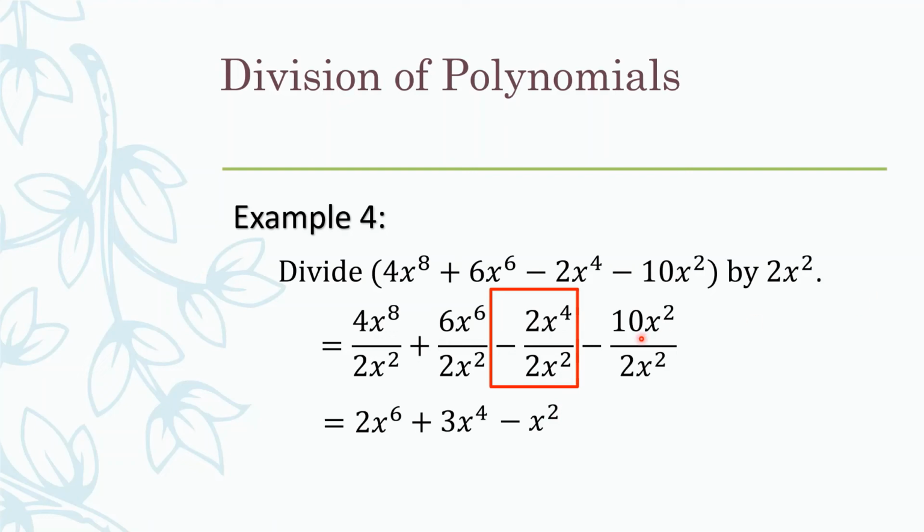Last, negative 10x squared over 2x squared. 10 divided by 2 is just equal to 5. Then, note here, si x squared at x squared, 2 minus 2 is just equal to 0. So, technically, it's x raised to 0. Note, any number raised to 0 is just equal to 1. So, it's gonna be negative 5 na lang, dahil 10 divided by